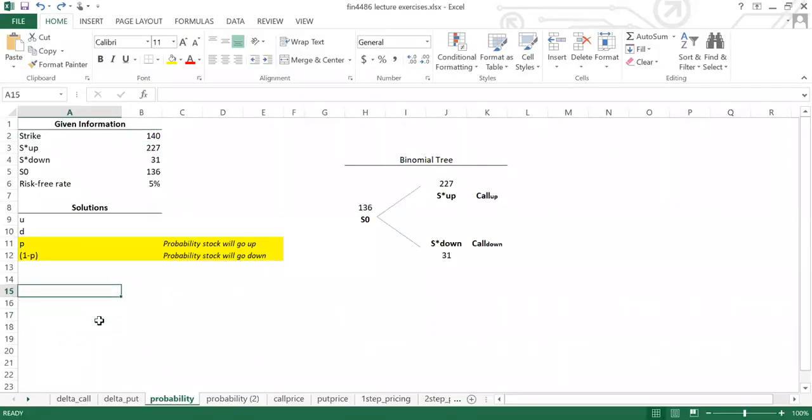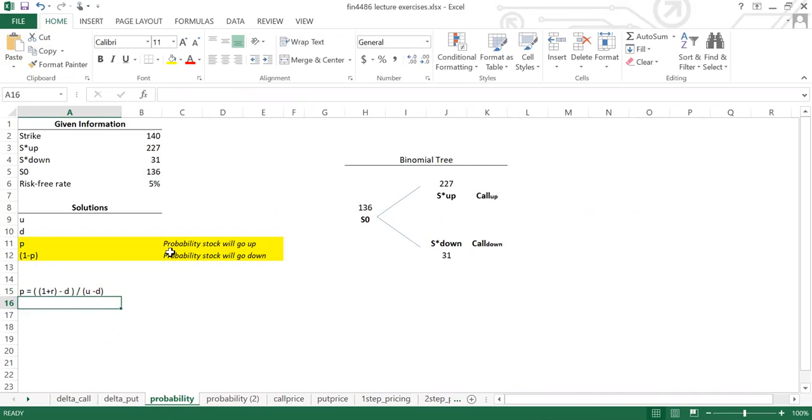So let me write it again here. It's 1 plus r minus d, and then divided by u minus d. Let's keep in mind you have to solve the whole numerator. So we better include these two parentheses here